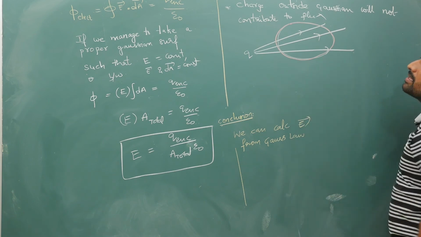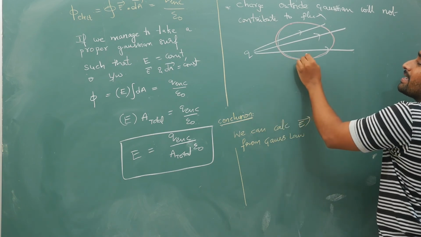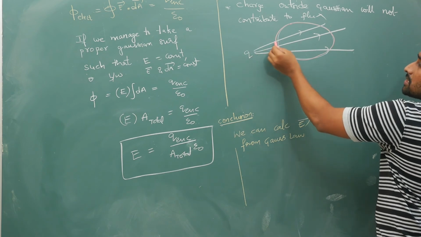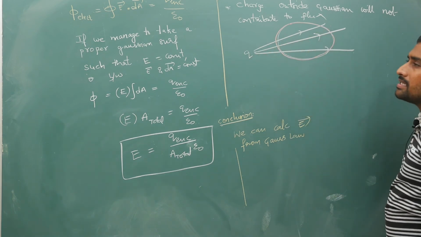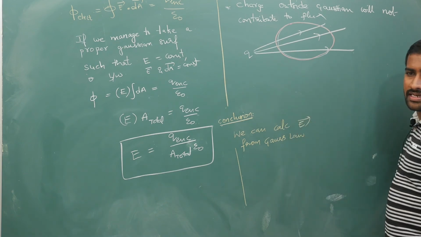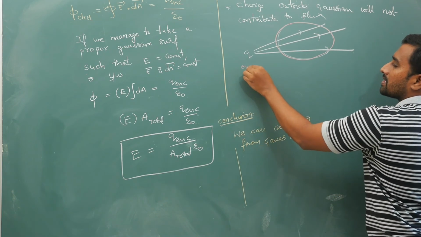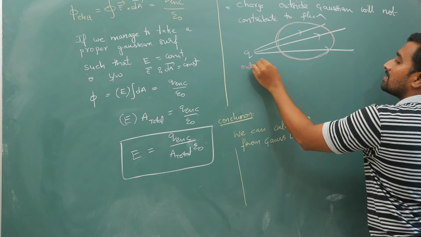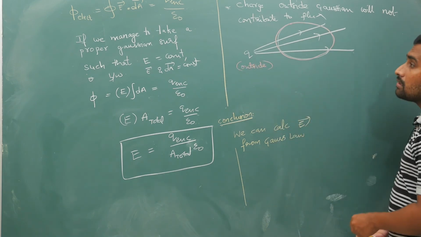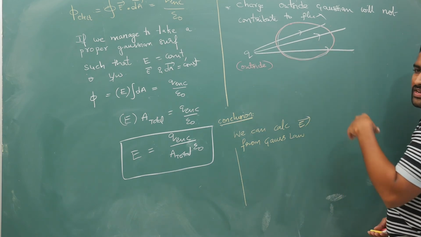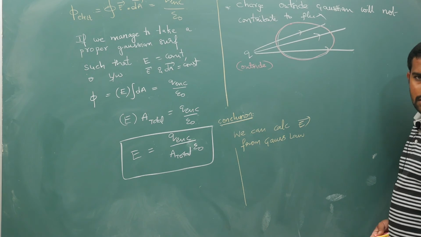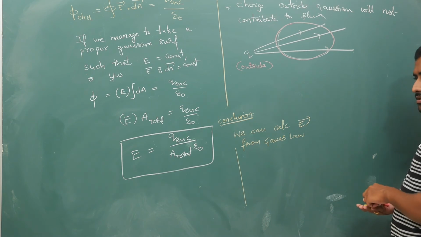So what is happening here is, your net enclosed charge is 0. Because of this, how many lines are coming in, that many lines are leaving. So that is why in Q enclosed we will not consider the charge that is outside, okay. Outside charge we are not going to consider. Getting my point? How many field lines will come in, that many will go out of the Gaussian surface. So that is why we will not consider it, okay.